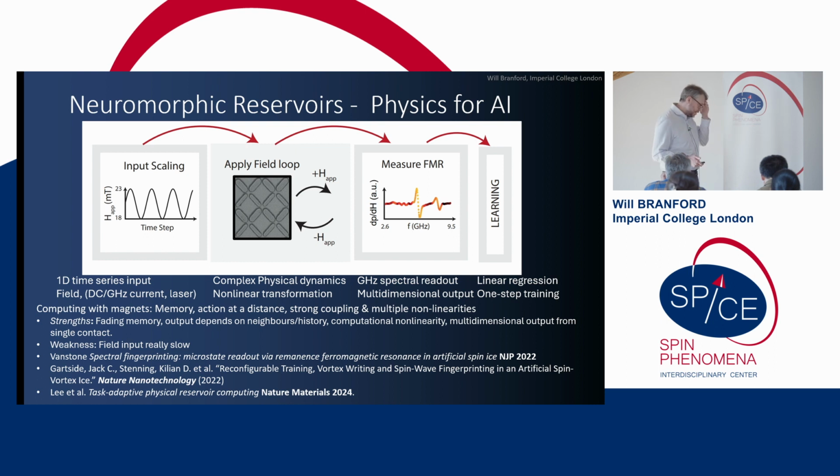And so then what Killian Stenning and Jack Gartside realized, and we showed in this paper here, is that this is a really powerful readout for a computation, which is essentially based on the updating of the magnetic states. So many of the neuromorphic things that Giovanni showed are trying to exactly mimic what is happening in a software neural network in the hardware. And this is not like that at all. It is a form of reservoir computing we're going to do. And in this reservoir computing,